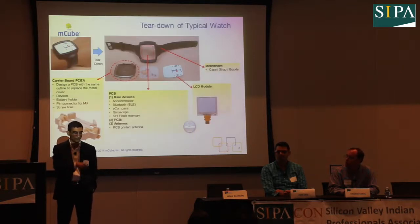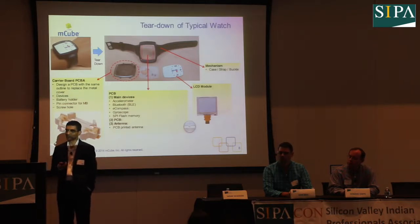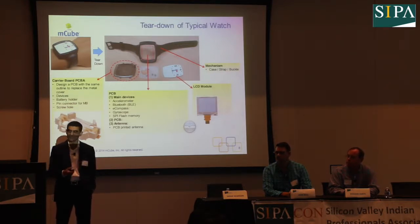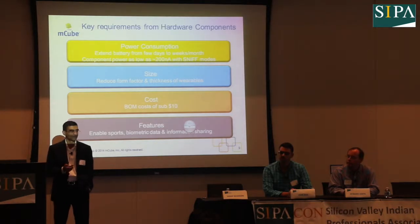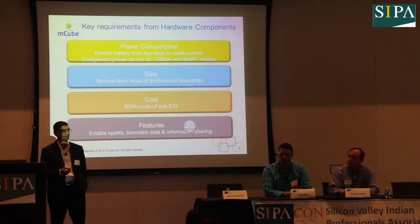So if you want to go even one level further down, this is how simple it is. This is a tear down of this one. And every time somebody comes with a new wearable, whether it's Apple or Samsung, you can Google these tear downs and see exactly which components they're using. In the technical world, it's of interest to us as to which sensors went in there and how they compare and all that. So key requirements from the hardware component side: power consumption is the biggest one in the wearable